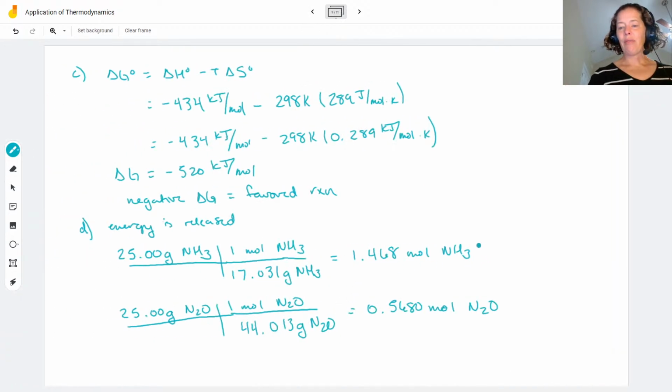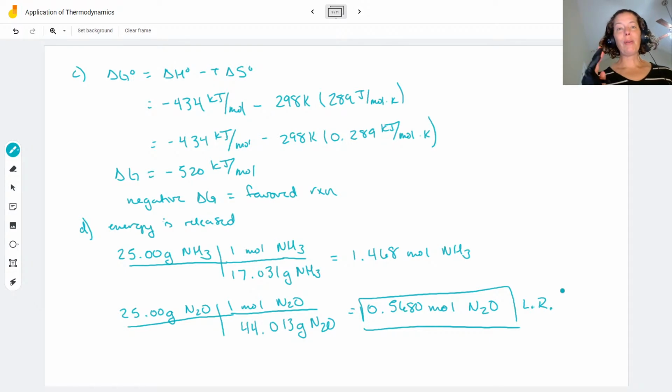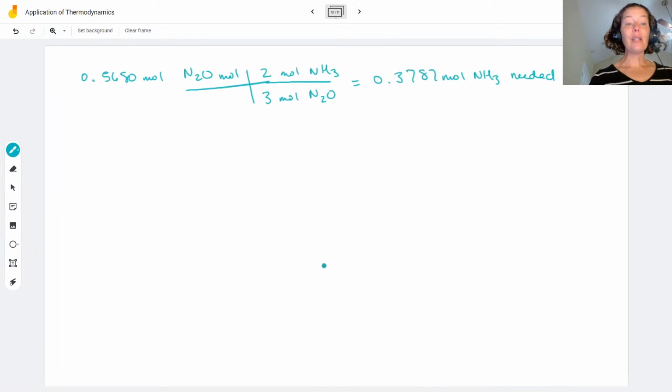And you can see I have lots more than that. I've got multiple times what that is. So yes, my dinitrogen monoxide is my limiting reactant. Make sure you mark it really clear. So now I'm going to use that moles, and I'm going to figure out how many kilojoules of energy is released. So starting with my moles of my limiting reactant,